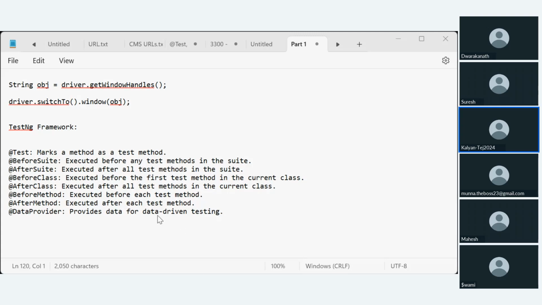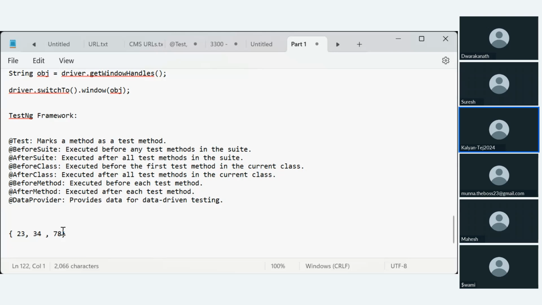Along with that, you can expect a Java program to find the largest number in an array. Assume I have given an array of 23, 34 and 78. The largest number is 78, so you have to print only 78. You have to write a program in such a way.